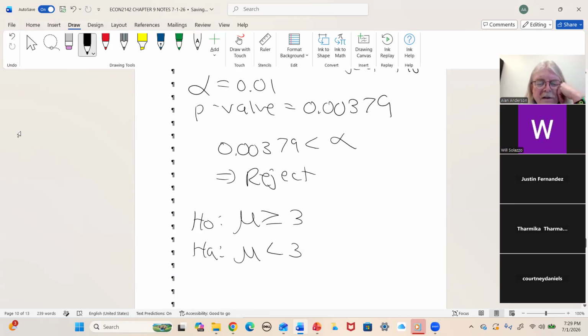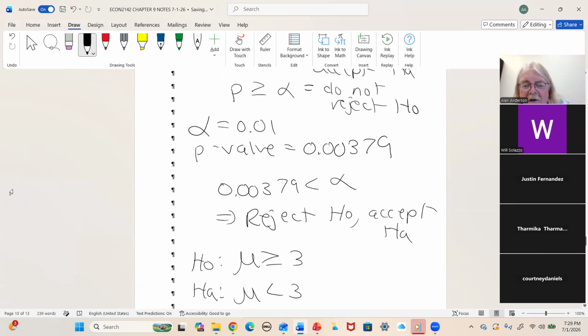So this tells me that I reject the null, that the mean is greater than or equal to 3, and accept the alternative that it is less than 3,